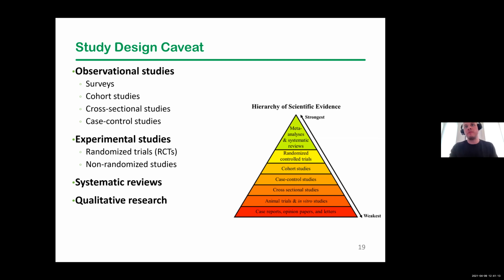The best is going to be your systematic reviews and meta-analyses. What those do is they pull information across multiple studies. You may have tens of studies in a systematic review or meta-analysis, and you can pool information across them and then make a large conclusion across all these different groups of patients, all these different exposures, all these different non-exposures, all these different populations, all these different regions, all these different phenotypes. Your strongest evidence for a relationship is found in your meta-analyses, whereas a randomized controlled trial is the best you can do in a single study. And then, as I said, it's followed by your observational studies.